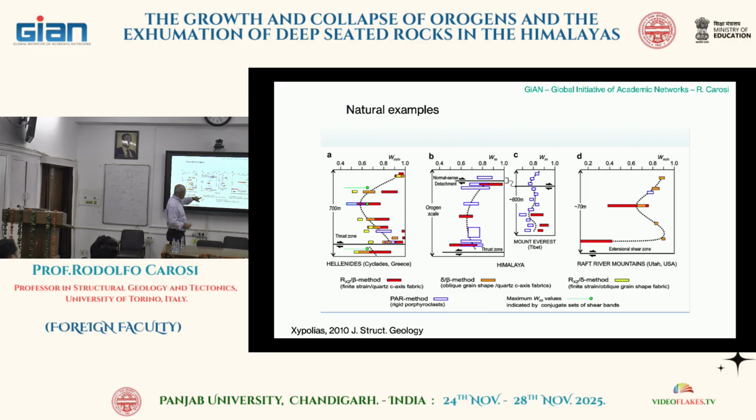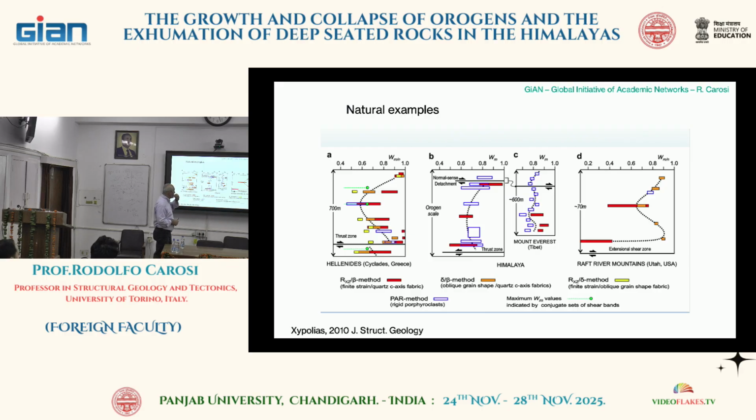This oblique grain shape uses the quartz C-axis fabric, and in yellow the axial ratio of strain and delta method. So with different methods,